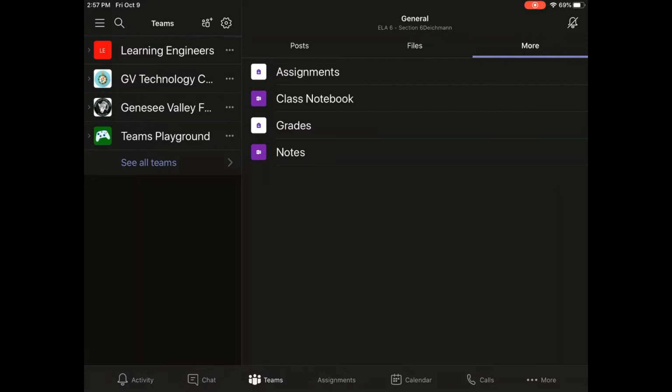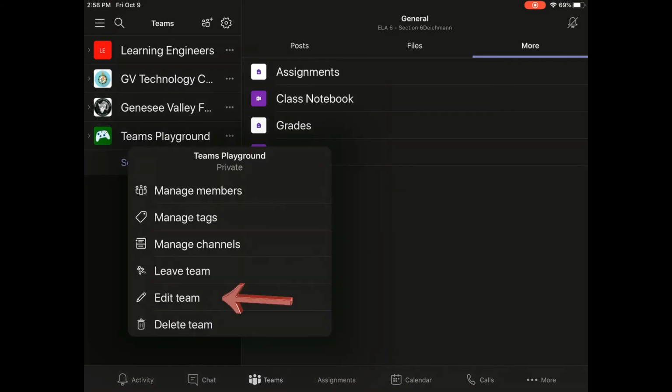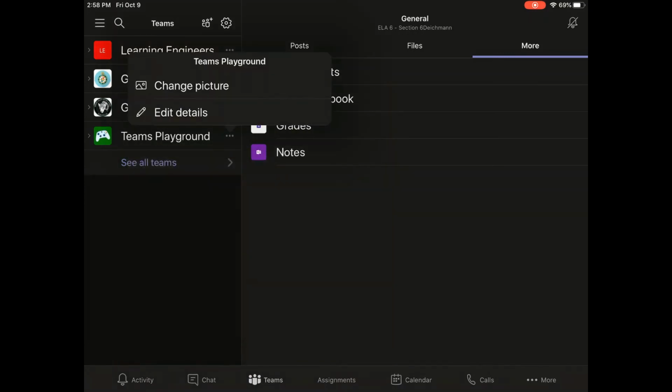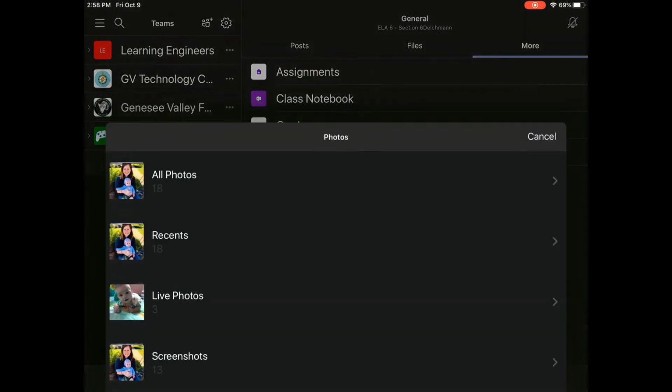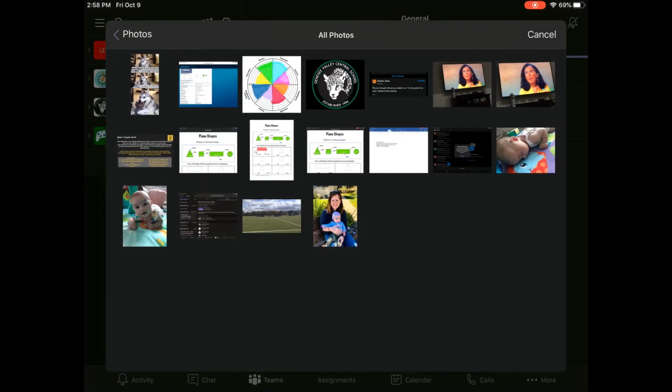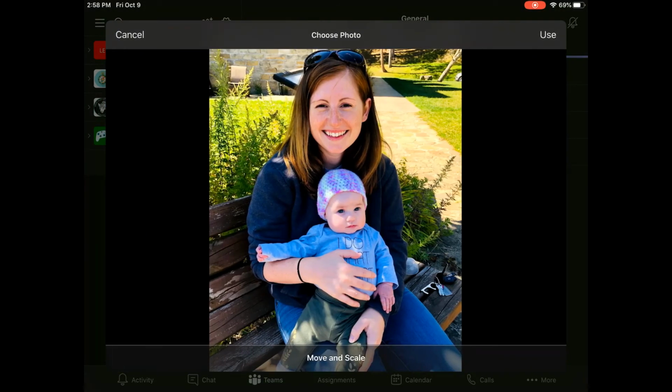To change the icon on an iPad, you're going to follow very similar steps. Next to the team name, click the three dots and choose Edit Team. Choose Change Picture. And here you can take a selfie by taking a photo, or you can choose from your photo library, where I have added a picture to change